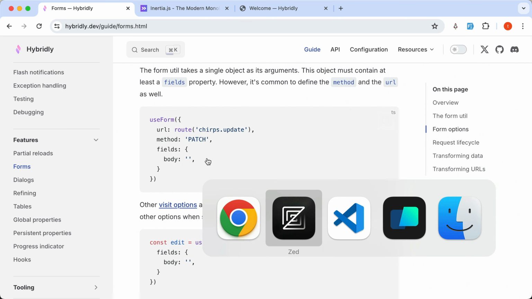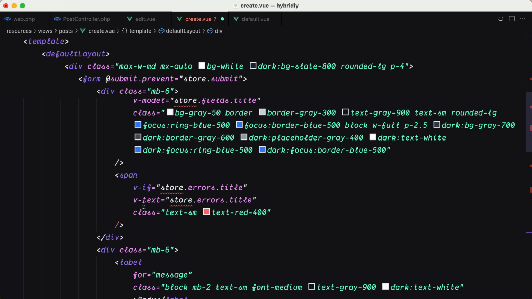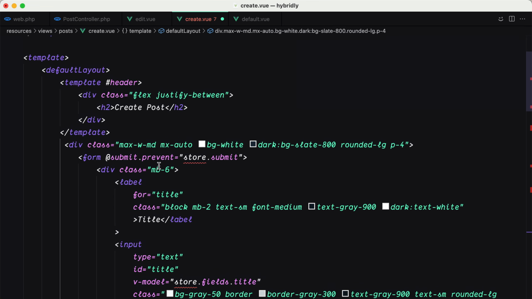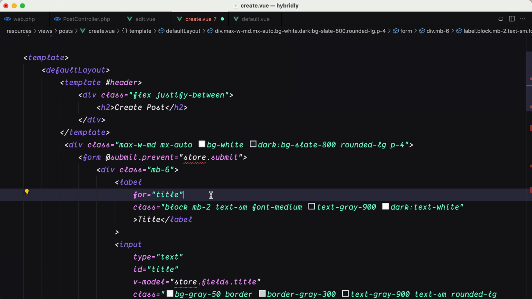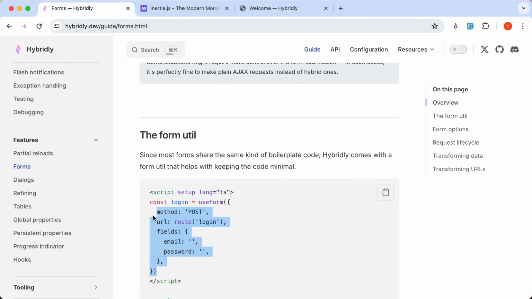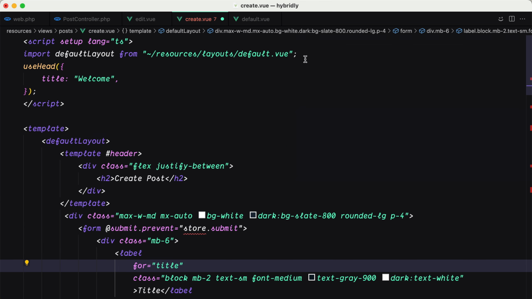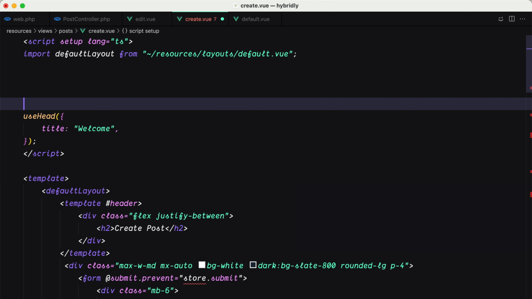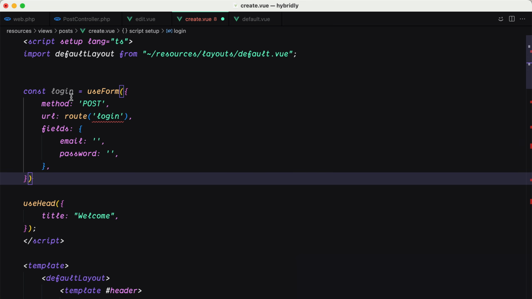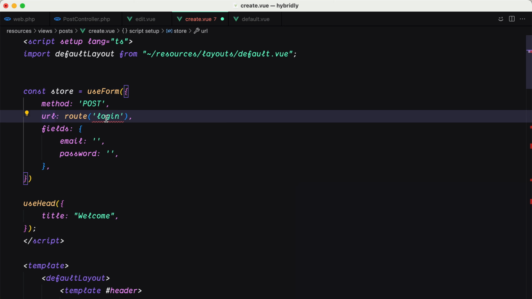Let's do that. Let's come here, and on the form first I'm going to paste the form I have prepared. So we have this form submit.prevent. Just let me come up here and copy this, and I'm going to do something similar, just change the name to be store. The route is going to be post.store,